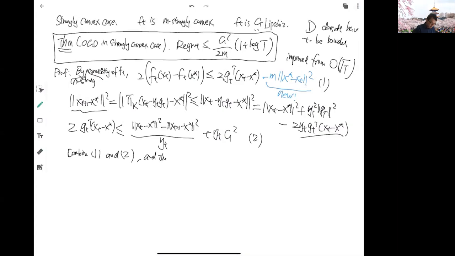And then sum up over t from 1 to T. Okay, so we've done the calculation. That's exactly the same as the one that we had in the previous page. So we are able to recover the regret, 2 times the regret on the left hand side, and we get that this is smaller than, now that we plug in this and also move this new part to the right hand side,